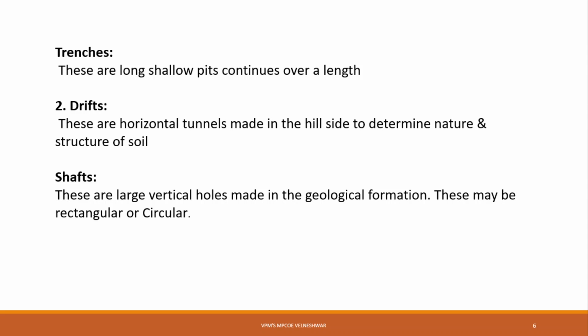Now, the minimum width of a rectangular shaft is 2.4 meters, and for a circular shaft, it is 2.4 meters in diameter. Shafts have some minimum dimensions, meaning you have to go for a minimum of 2.4 meters by 2.4 meters square type of shaft, or 2.4 meters is the minimum width of your shaft. And if you are going for a circular type of shaft, then a minimum diameter of 2.4 meters is required.